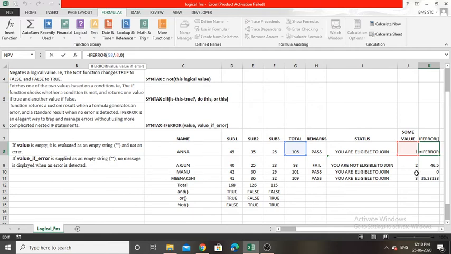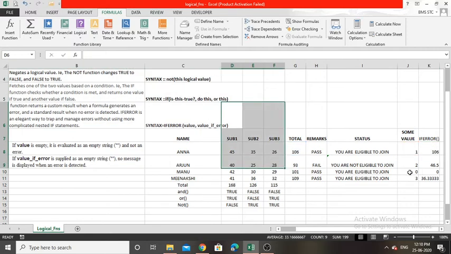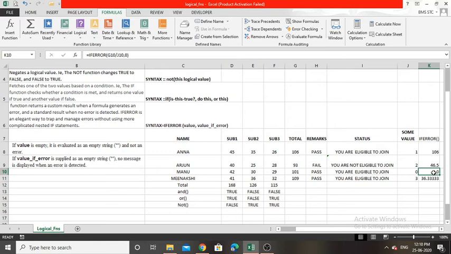So if we are not giving an IFERROR option here, in this particular column the division by 0 error will be generated. So in spite of generating that kind of error, we can give a particular value in that cell. It is far better to generate a particular value in spite of an error, right? So I inserted a value instead of generating an error.